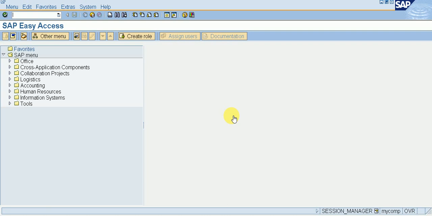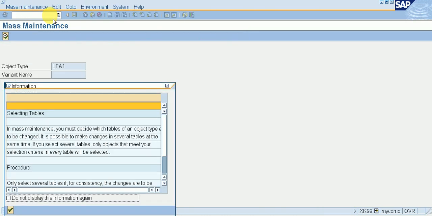Today I am showing you how to do vendor block in a multiple vendor block. So go to /n XK99, write down the T-code XK99 where we do multiple vendor block, enter it, go to selecting tables,